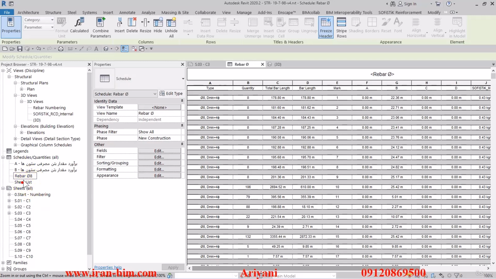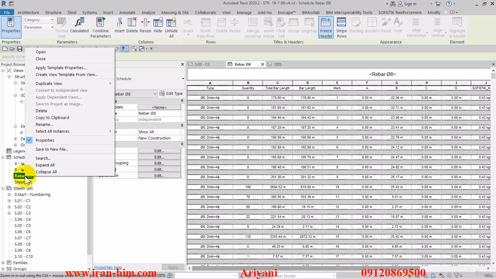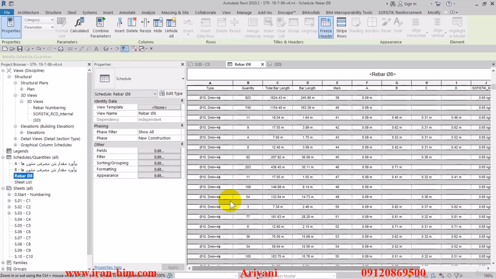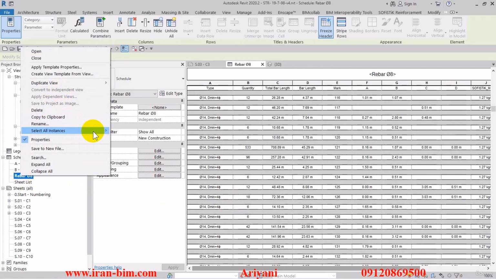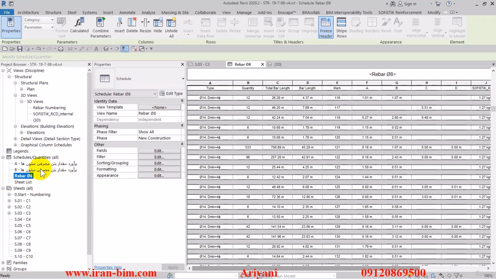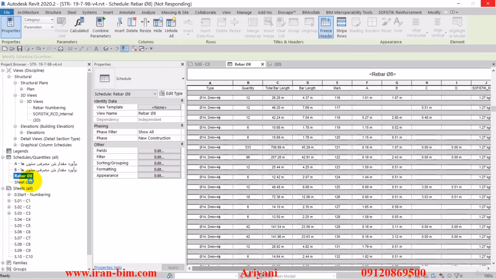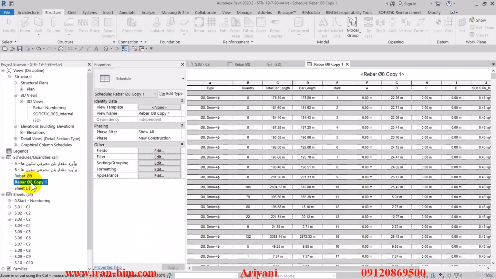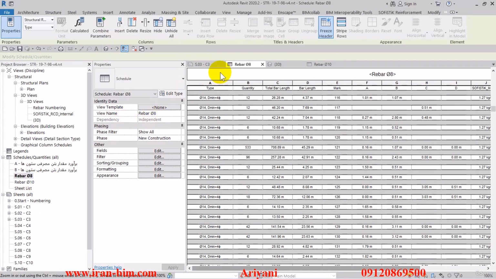Alright, so this is type 8, and then let's see what else we have after type 8. We have type 10 and type 14. So I'll make a duplicate of this, and then we'll have to wait for it to apply. It's taking a bit of time, so I'll just create some filters on it so it can make the duplicate a bit quicker. For example, first I'll name this one rebar type 10, then go back to the type 8,